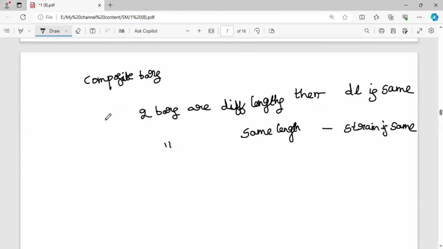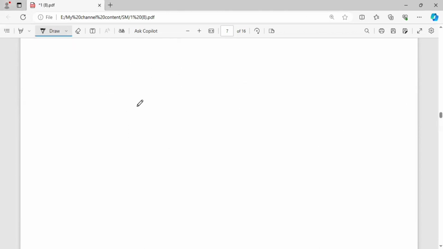If the two bars are of different lengths for thermal stresses in composite bars, then deformation is the same. Deformation means change in length is the same. Whereas if two bars are the same length, then strain is the same. Next, another point is